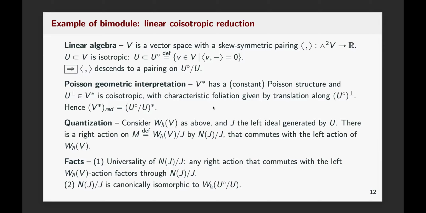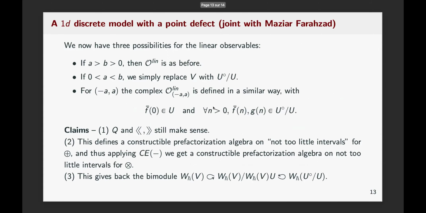And one thing that one proves is that this normalizer of the ideal modulo the ideal is the same as the Weyl algebra of U circle mod U. So essentially, we have 2 vector spaces with pairing: V and U circle mod U. We take the Weyl algebra of these 2 things, and there's a natural bimodule between them, which is defined in a purely algebraic way. And the game was to try to recover this